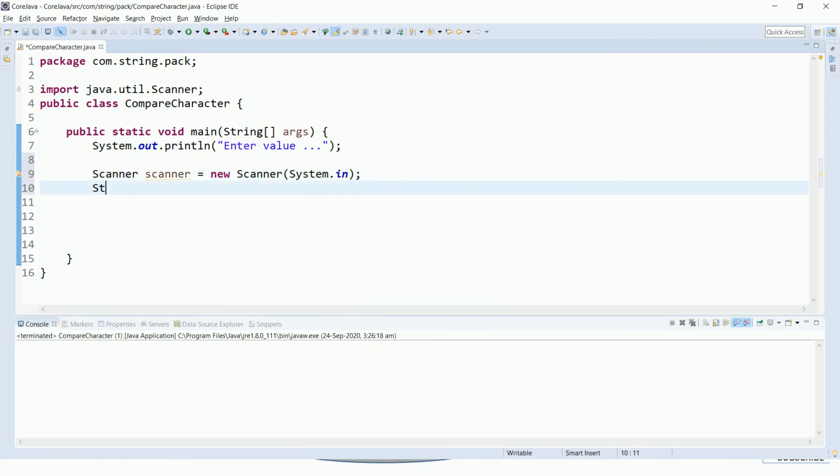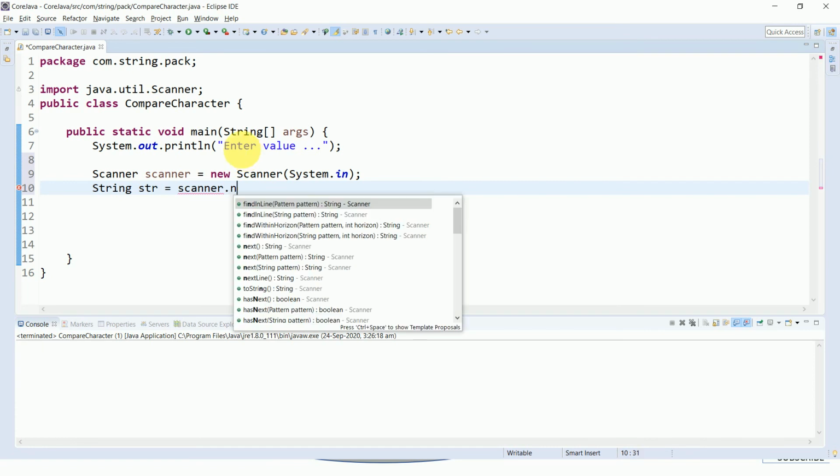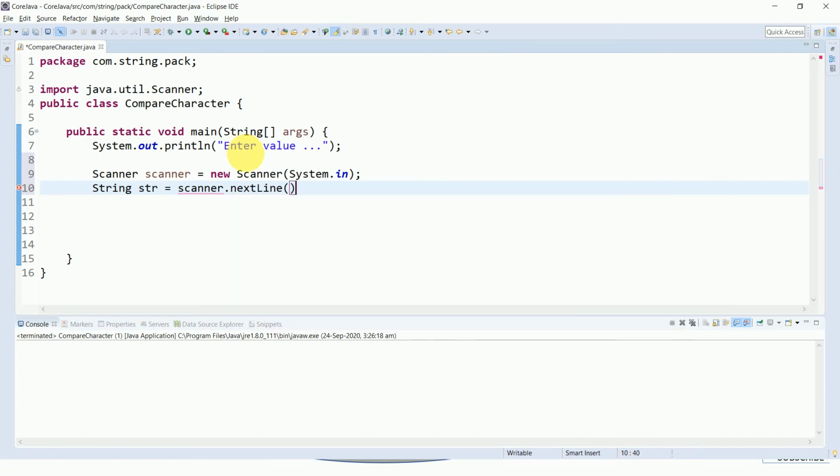I will take a String str equal to scanner.nextLine. With the help of this, we take the input and store it inside the string variable.